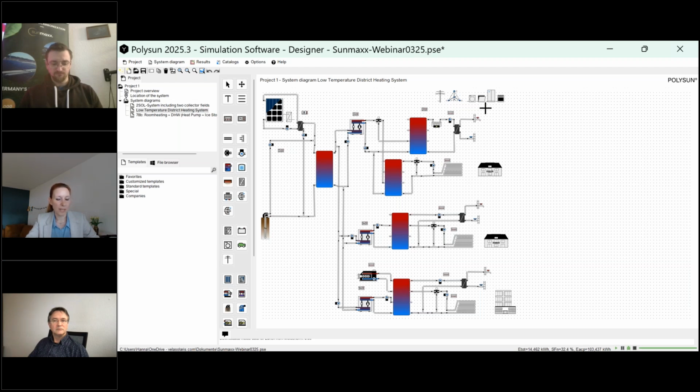But the level of complexity and the synergy effects that are also beneficial for the dimensioning of all the components make it especially useful for the 4th and 5th generation district heating, which also includes district cooling more and more, also in Central Europe. So, of course, you can also include all kinds of cooling, active and passive, that we learned about earlier today, but I neglected it for this example due to time. It's a bit more complex to show. If you're interested in that, don't hesitate to ask us afterwards.